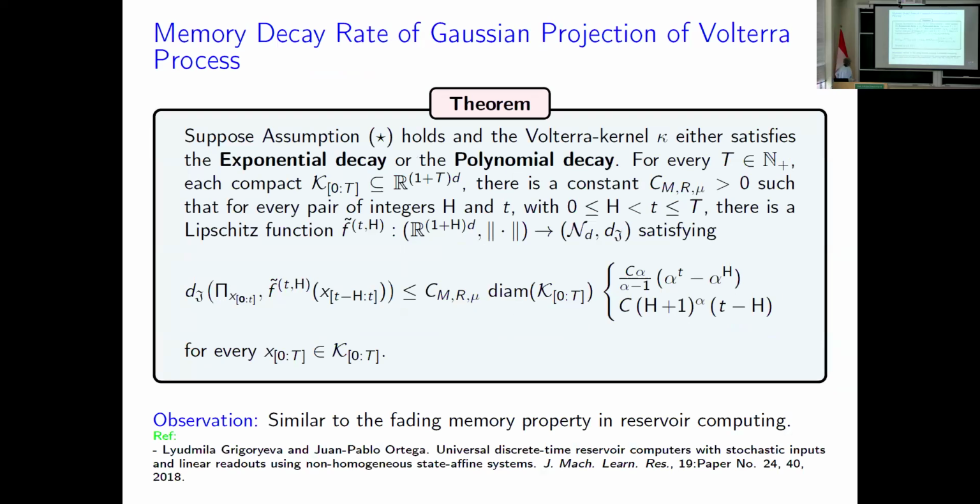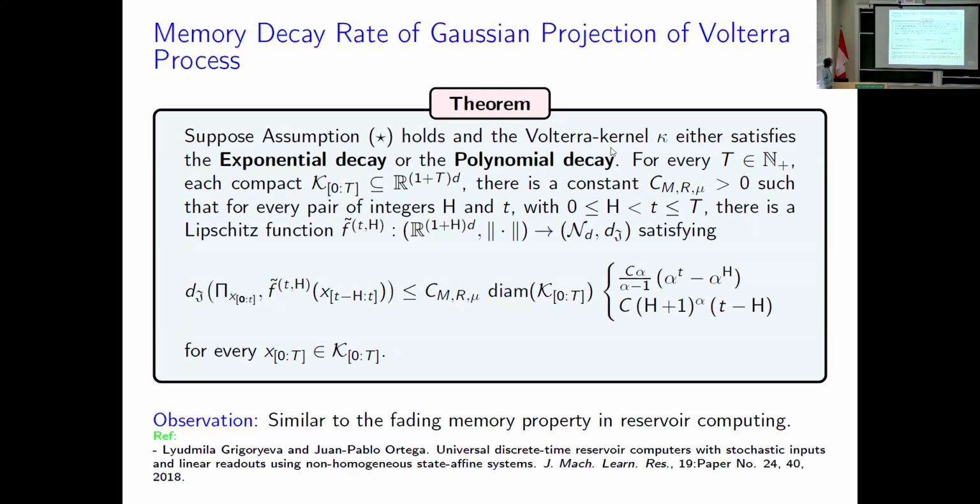Okay, so what we take into account is this theorem before providing the universal approximation result. Again, we work under the assumption of the boundedness of the stochastic factor. We also work under the assumption that the Volterra kernel kappa satisfies either an exponential decay or a polynomial decay. Now we fix a compact, because in the end we are going to provide a universal approximation result,